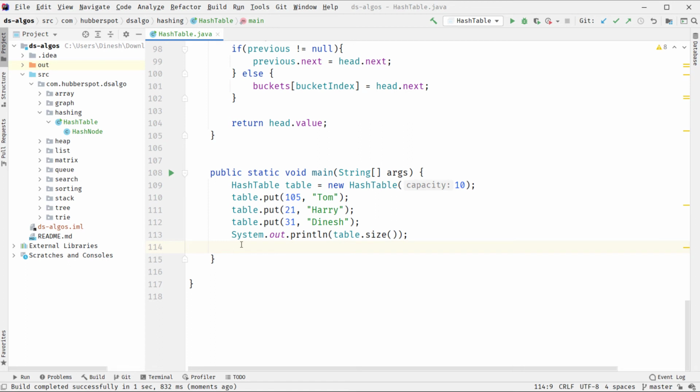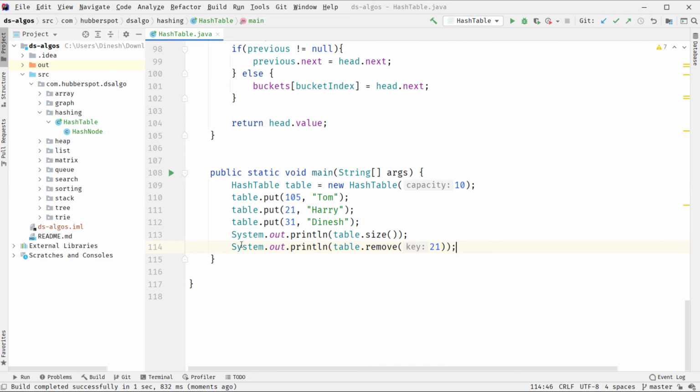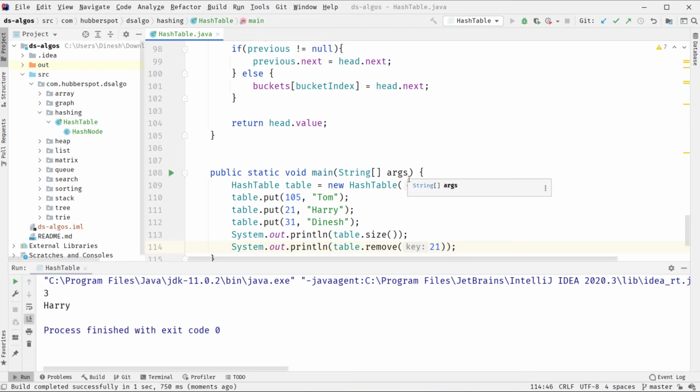Now what we do is, let's say we remove 21 and we print its value on the console. So here you can see it printed Harry, because Harry was associated with key 21.